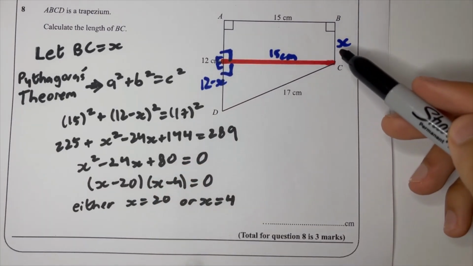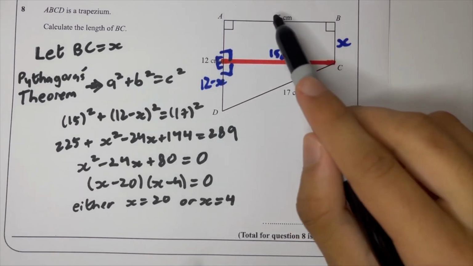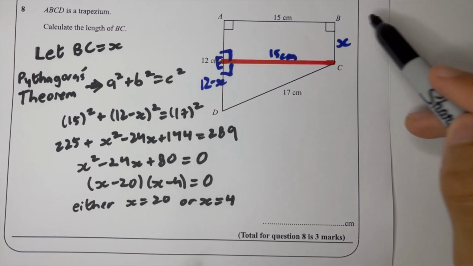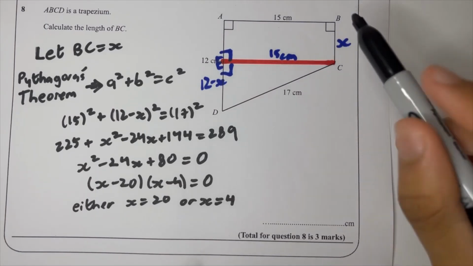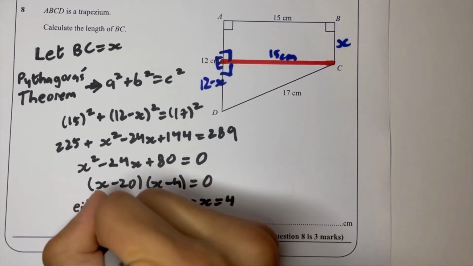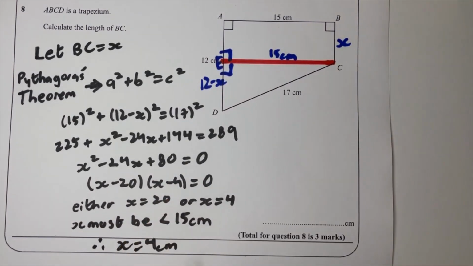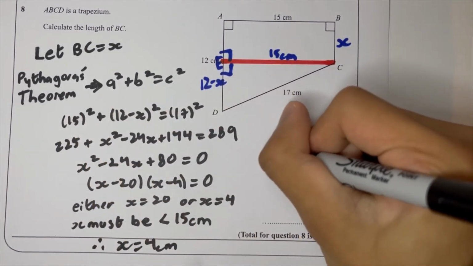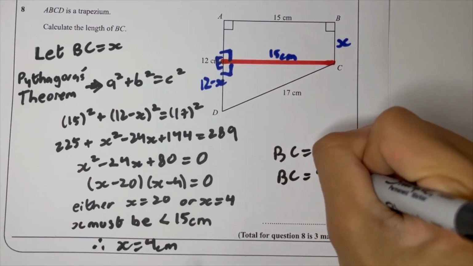Now looking back at the context in our diagrams, there's no way that x is equal to 20, because the width of the rectangle here is 15 centimeters, and this height is smaller than the width, which means that x must be less than 15. So we write that x must be less than 15 centimeters, therefore x equals 4 centimeters. And remembering that BC is equal to x, this means that BC is equal to 4 centimeters,